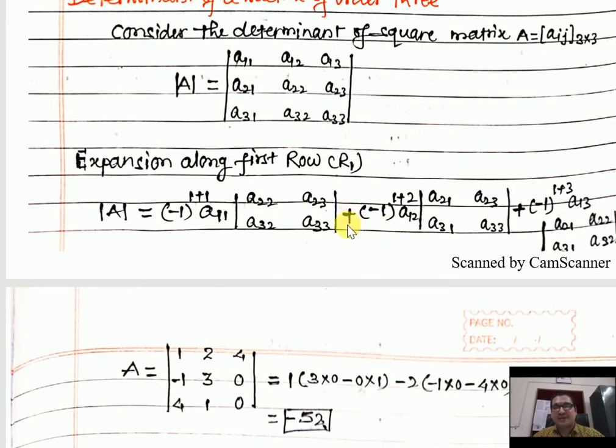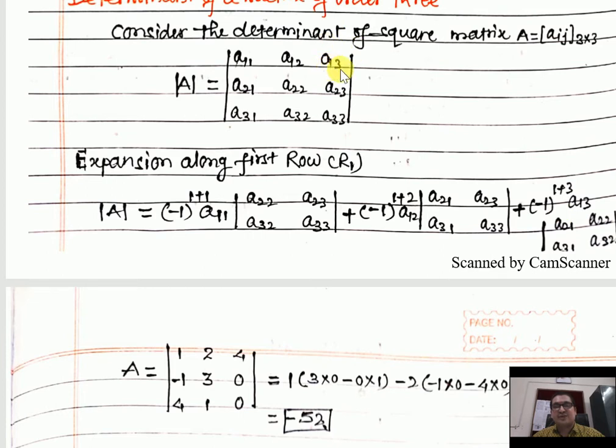Now you put the plus sign and then again minus 1 will come. Then I am taking the element 1, 2, so add 1 plus 2: minus 1 raised to the power 1 plus 2. Then take this element a12, which is the first row element and second column element. So cover the first row and second column, and you will get a21, a23, a31, a33. I have written it here in the form of a determinant. Plus, again, minus 1 raised to the power